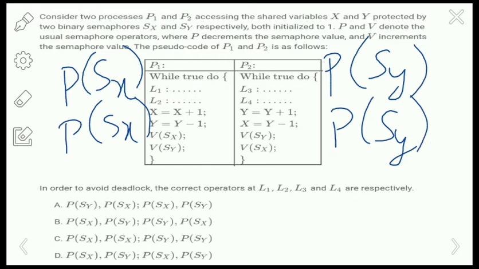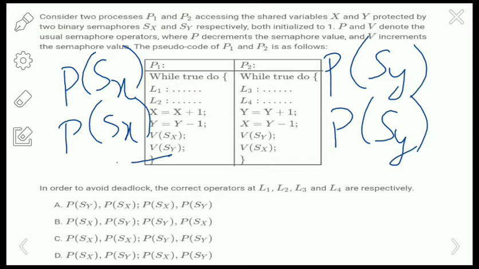So for the process P1, it is holding the Sx and it is waiting for the Sx, right? So here there is a hold and wait condition. P1 wants the Sx and P2 wants the Sy. But neither will be released by P1 and P2 because there is no way to release them. So it is stuck in the deadlock.